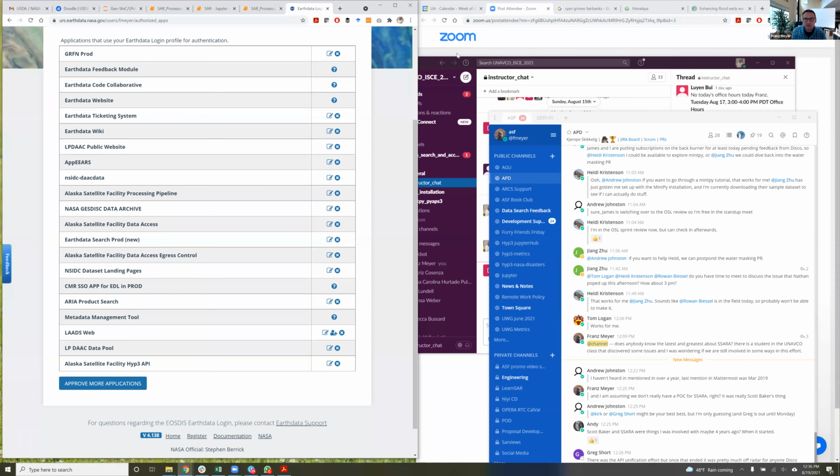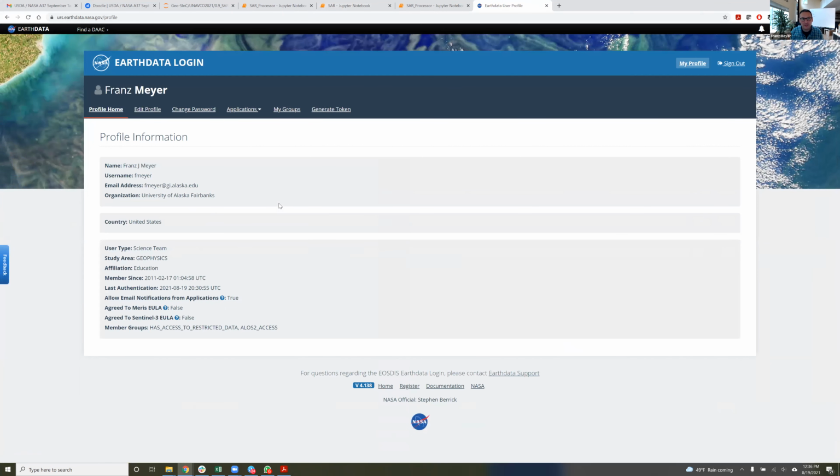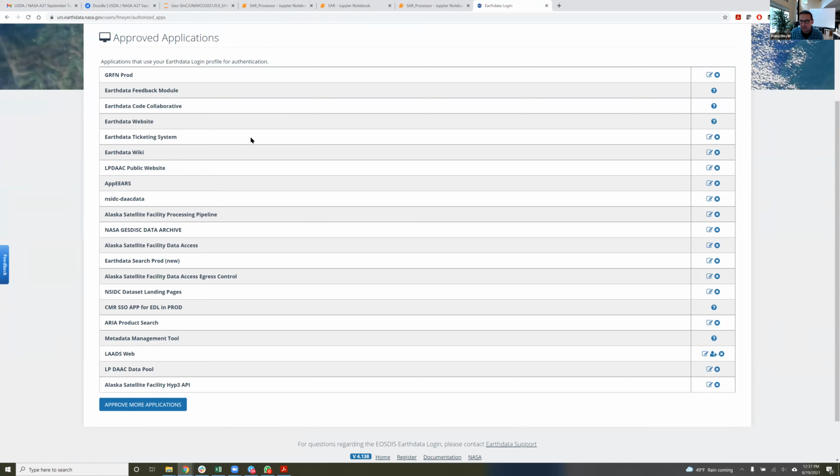Okay, so there's a bar on top. Yeah. I stepped a little bit too far forward. So once you log into your Earth data login, you get to an interface like this. It shows you your profile information, all the stuff that you entered. And in that interface, there's a section that says applications. The accepted EULAs are the ones that you already signed. If you want to know all the applications that are available, you can go to authorized apps. And in the authorized app list, it shows you all the different applications that are available.